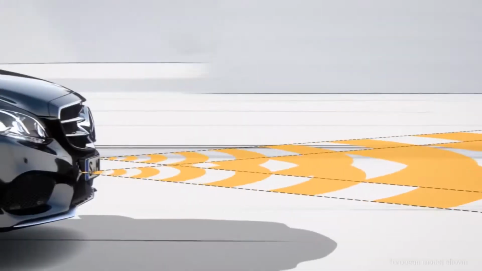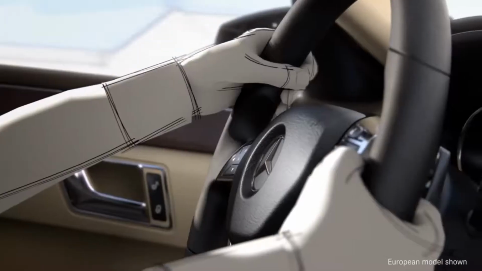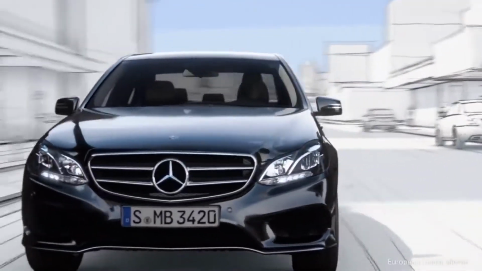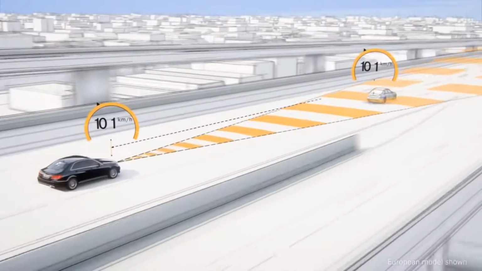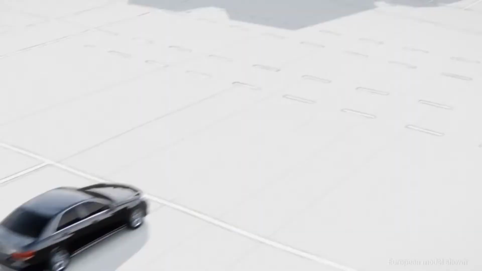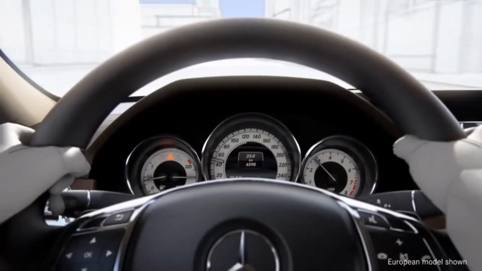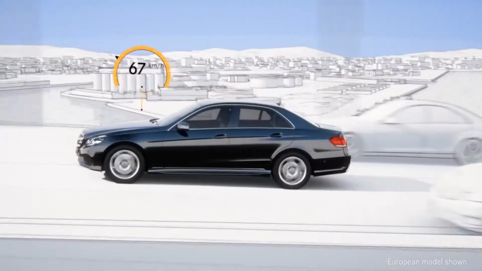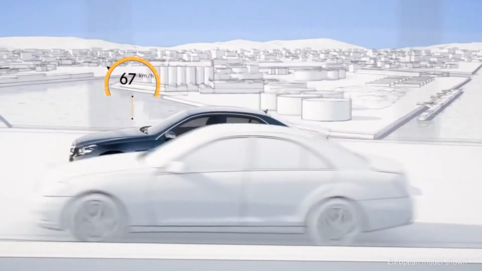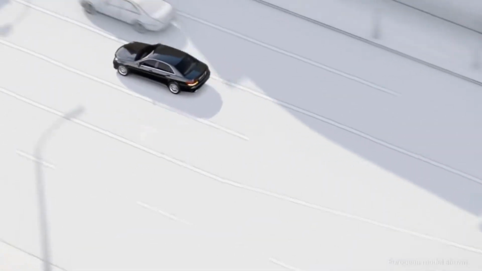The intelligence comes from insight. Advanced computing power interprets what it sees, determines the best response, and springs into action faster than humanly possible. The systems of Intelligent Drive can recognize a pedestrian entering your path, vehicles ahead slowing to a stop, and even cross traffic at a nearby intersection. The moment it does, it lets you know. As soon as you brake, even if it's too lightly, Intelligent Drive can increase it to the precise amount needed, even applying full braking power. And if you don't respond, it can initiate braking on its own,